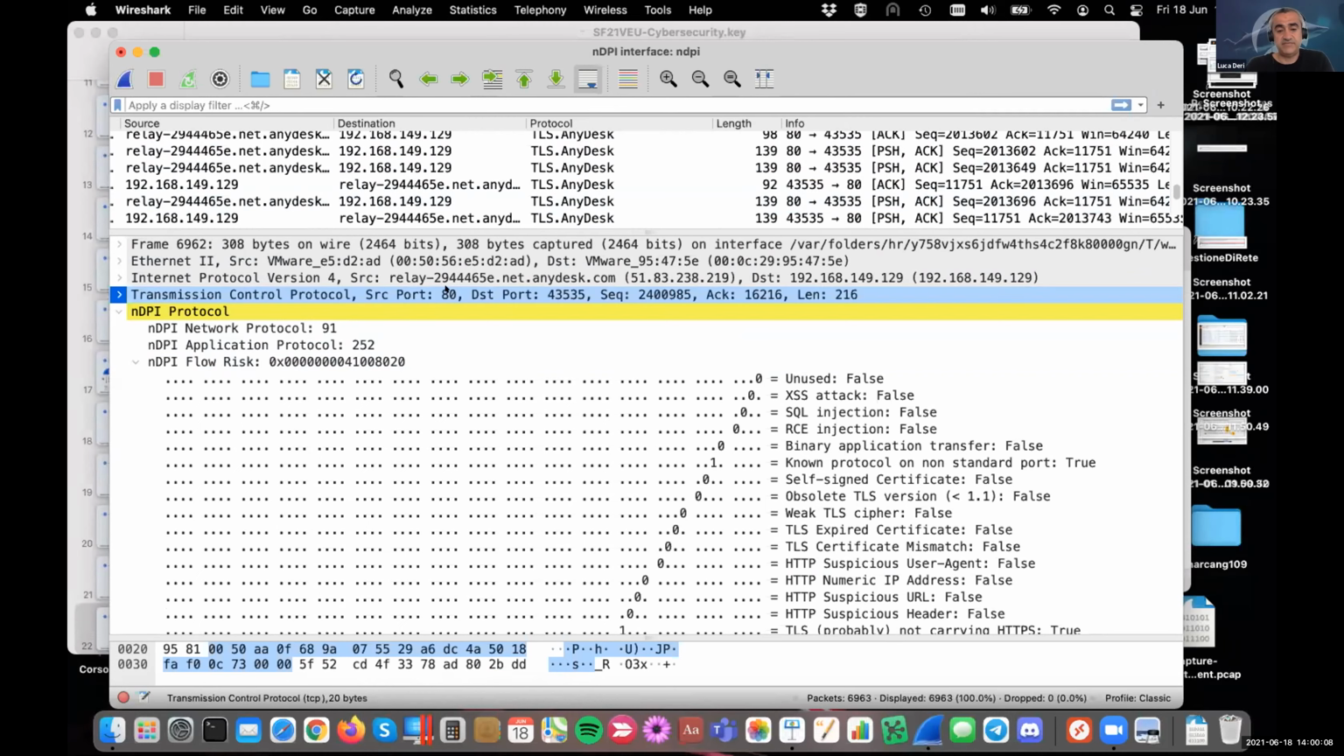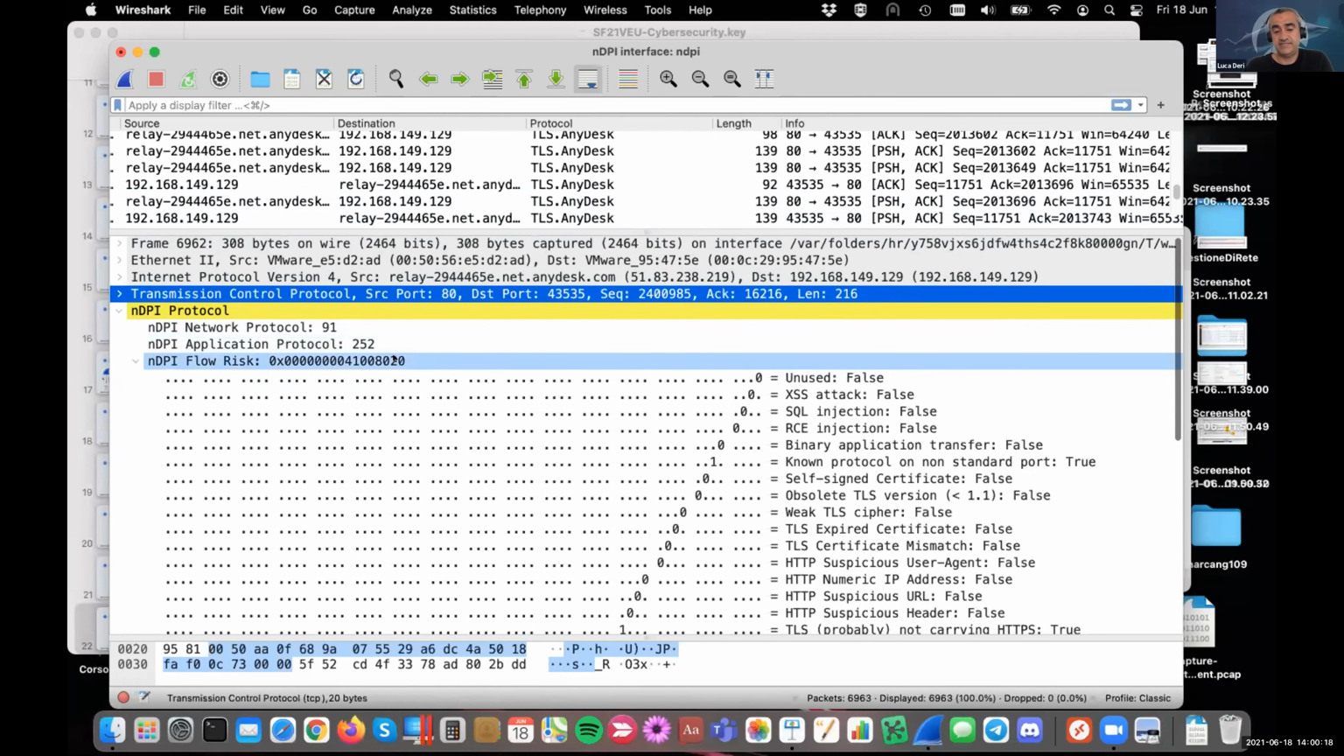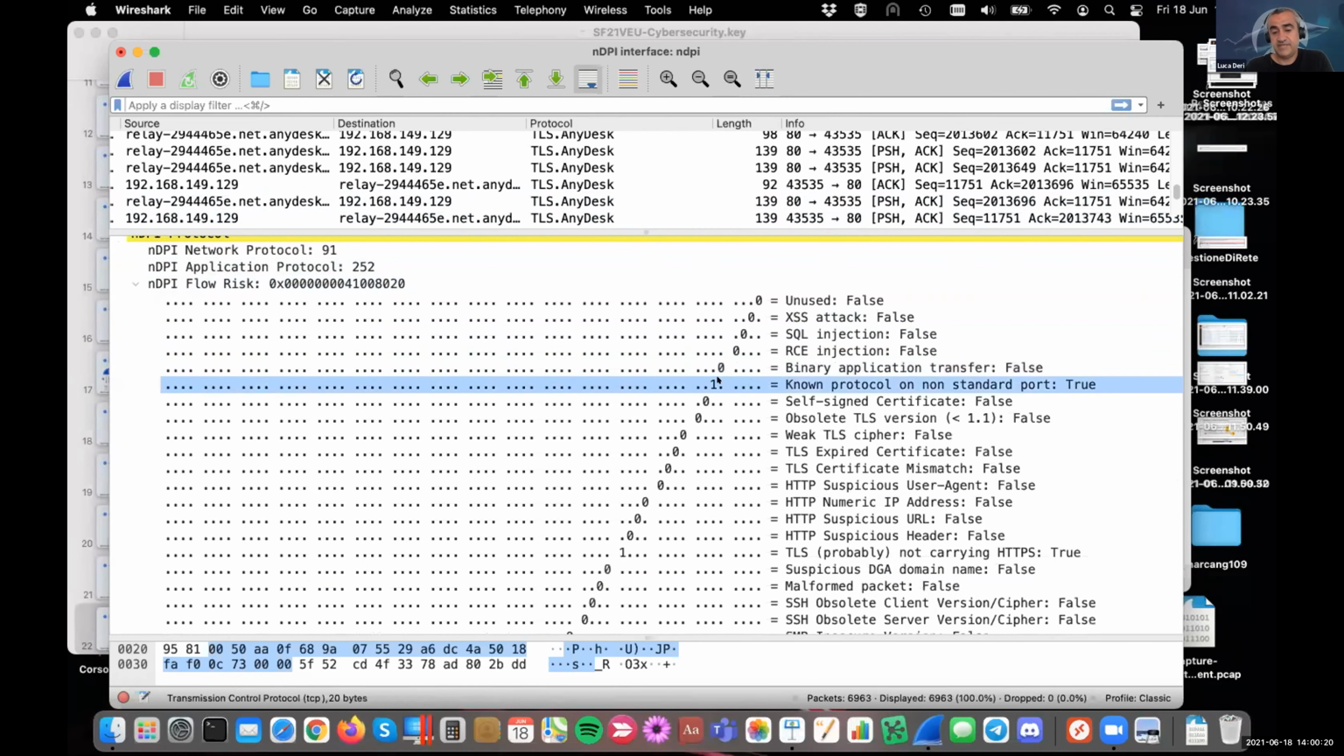Because in this case on port 80 we see a TLS stream. And nDPI gives you other information in addition to the protocol, for instance a flow risk that in essence is a bitmap. As you can see, there is a bit set to 1. That means non-protocol on a standard port. So in this case, on port 80, I expect to see HTTP, but I see TLS, and TLS was not